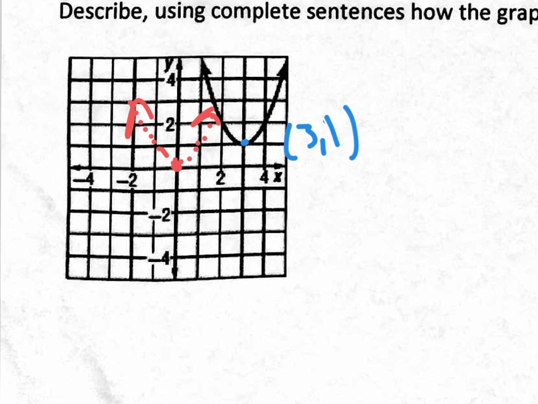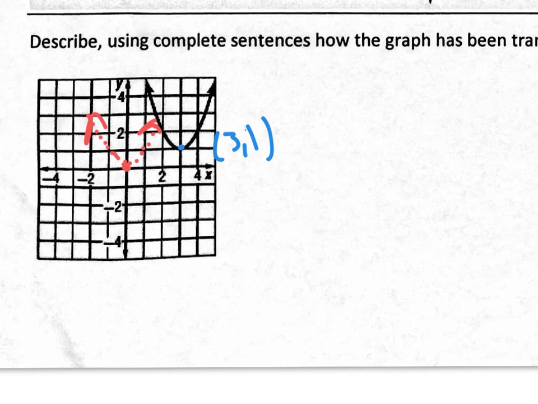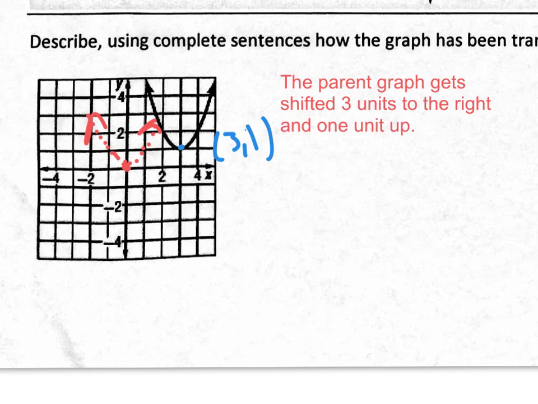So what do we say? We would say, well, first of all, we could use the word translated, which means shift, or you could say shift, right? But let's, with complete sentences, let's say the parent graph gets shifted where? And where? So there's a sentence. The parent graph gets shifted 3 units to the right, 1, 2, 3, and 1 unit